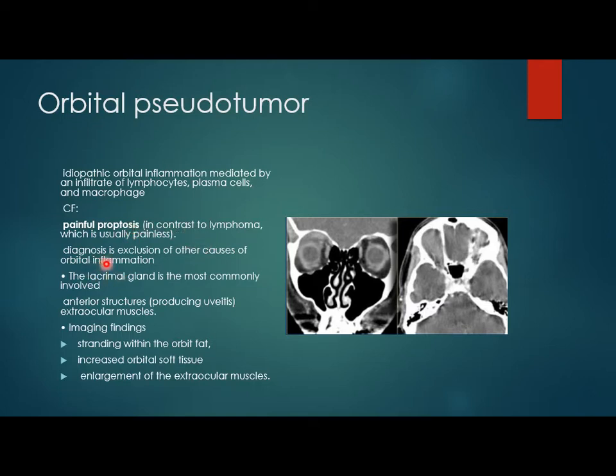Here, it's painful, and the diagnosis is a diagnosis of exclusion. The lacrimal gland is also the most common site of involvement. If the anterior structures are involved, it produces uveitis. On imaging, the findings are stranding within the orbital fat, increased orbital soft tissue, enlargement of